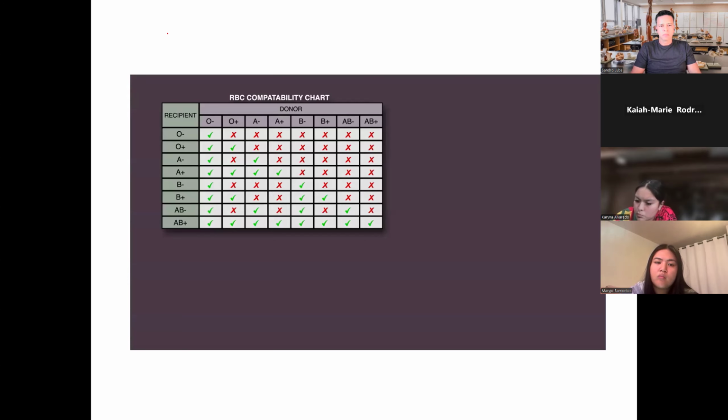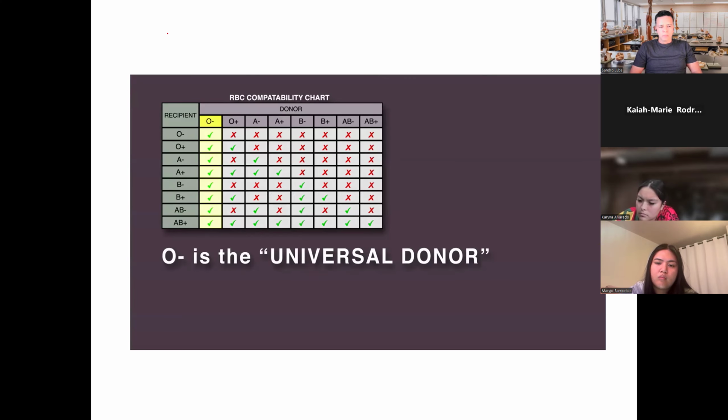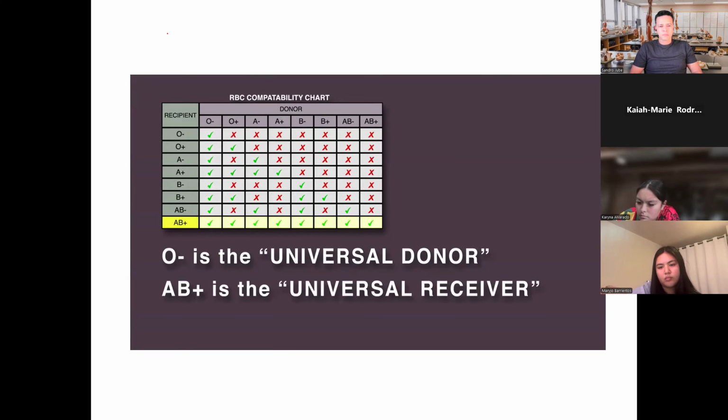Now let's apply what we've learned to fill out this red blood cell compatibility table. O negative is the universal donor. Since there are no A, B, or D antigens, O negative can donate blood to anyone without triggering an immune response from anti-A, anti-B, or anti-D antibodies. AB positive is the universal receiver, since there are no antibodies that will trigger an immune response to A, B,